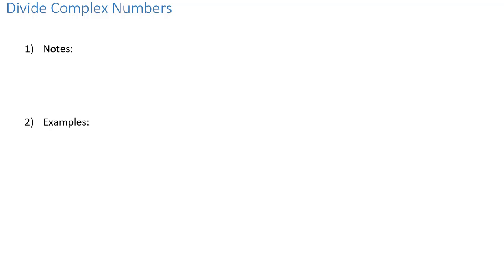Earlier when we talked about complex numbers, we talked about how we could add, subtract, and multiply them, but we did not talk about dividing them. Now we're ready to talk about how we divide complex numbers. And the way we divide complex numbers is we clear the i in the denominator